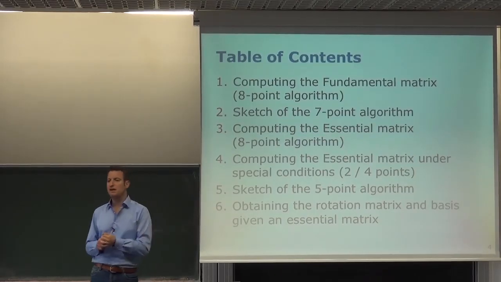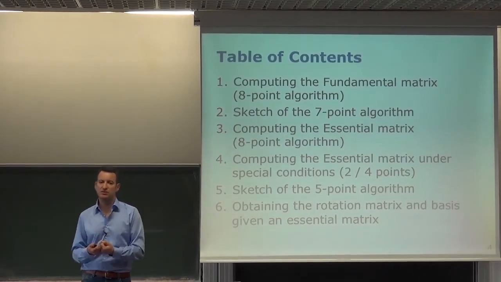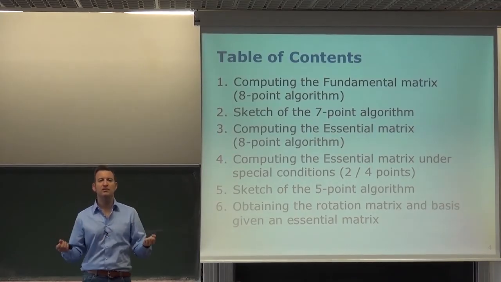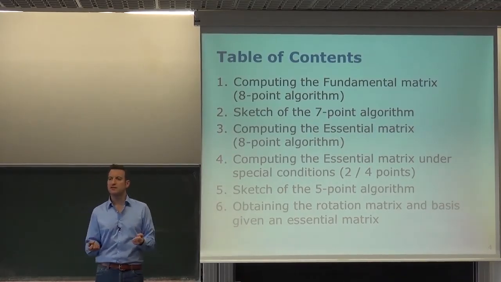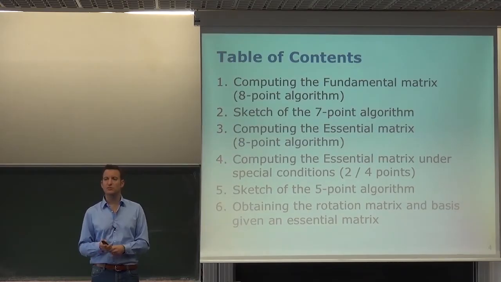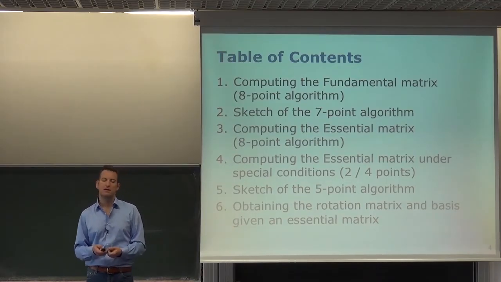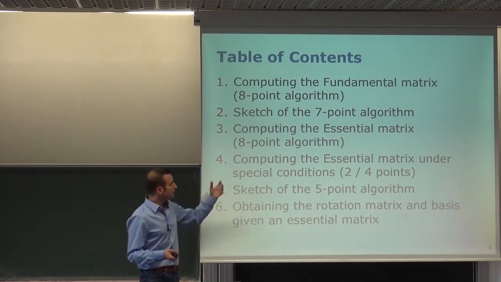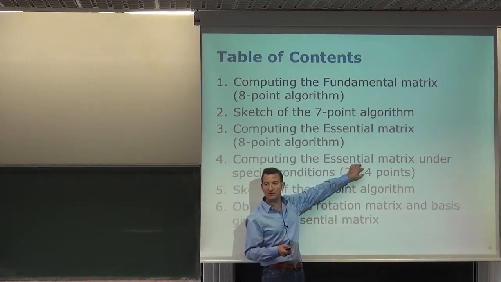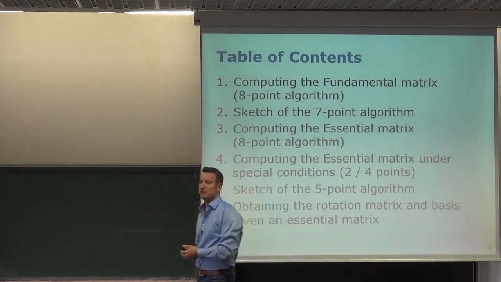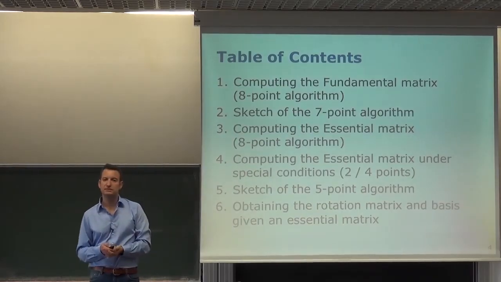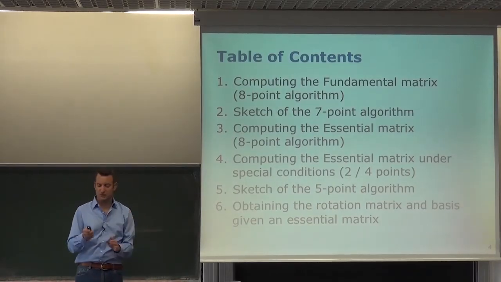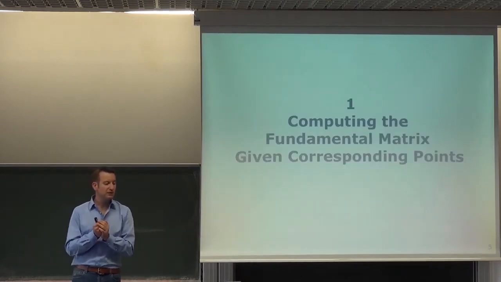So by the end of today, if you have images and corresponding points, you should be able to compute the relative orientation, just knowing corresponding points, not knowing anything further about the camera. If you use the essential matrix, then your camera needs to be calibrated. For the fundamental matrix, it doesn't need to be calibrated. Okay? So that's the topic of today, and we start with the first block, computing the fundamental matrix